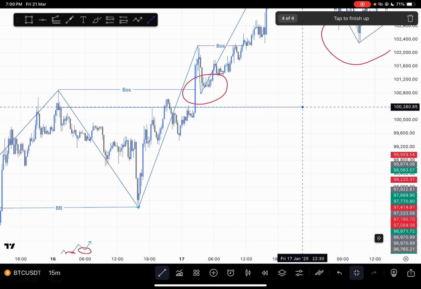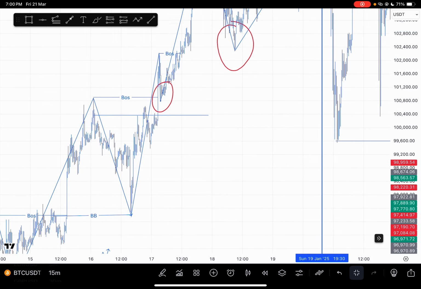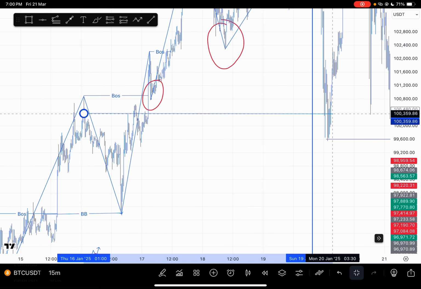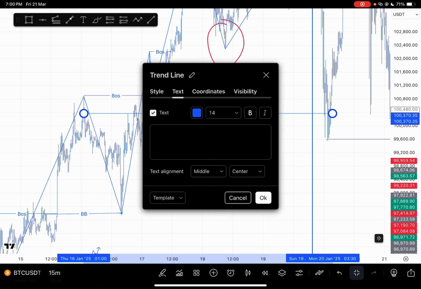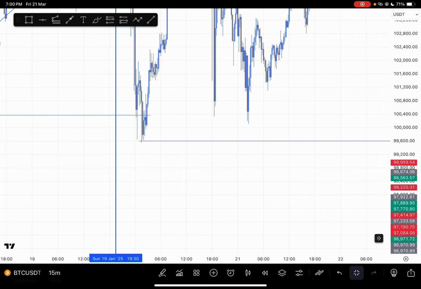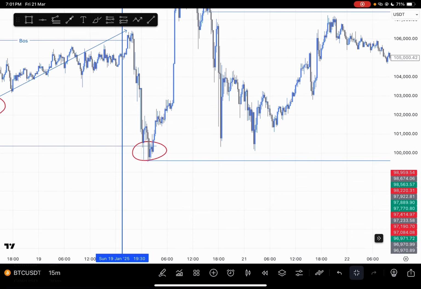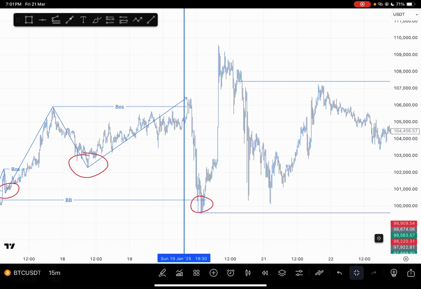You trace it back now. Let's see if price taps into it. So from this point now, trace it back. You see price came back for the breaker block. So it came back, tapped into the breaker block on this point here, then you see the reversal to the upside, taking out